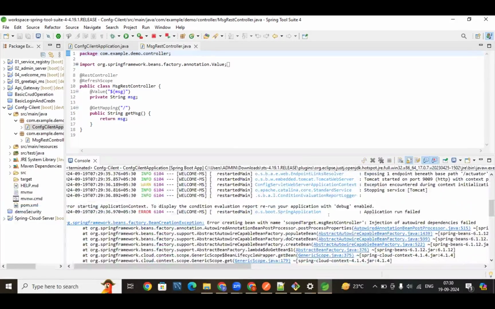It is not able to read that message by using @Value. In the application properties they mention the .git extension. I have faced this problem also.